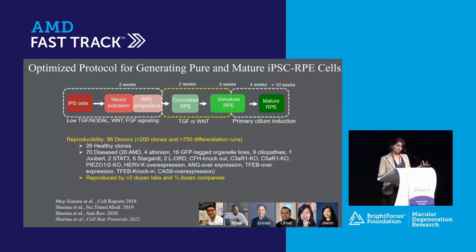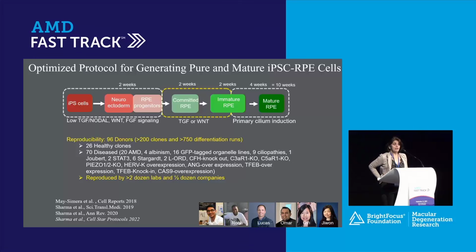Optimizing a protocol is one thing. Making sure that the protocol you have developed, be it any kind of protocol, like in this case I'm talking about RPE cells, you want to make sure that this protocol is reproducible and robust. And specifically working with iPSC cells, you want to make sure that no matter which iPSC line you are picking up, that iPSC line is differentiating into your tissue of interest. For our case, we have tested this differentiation from iPSCs from different patient donors. We have tested these iPSCs for gene-edited CRISPR-Cas lines. We have tested this line for different knockout genes such as CFH, C3, and CFR receptor.